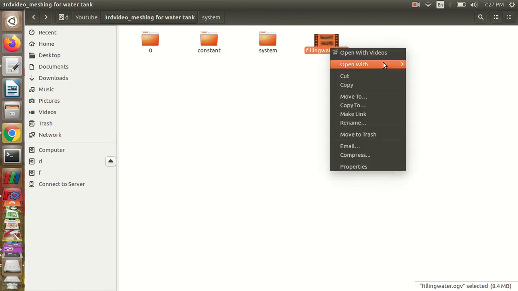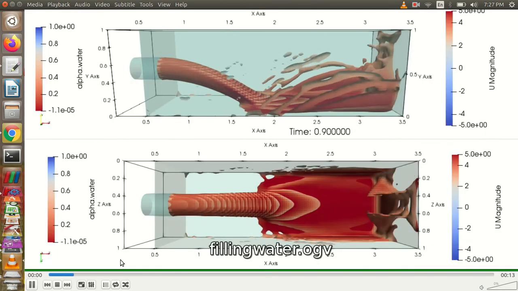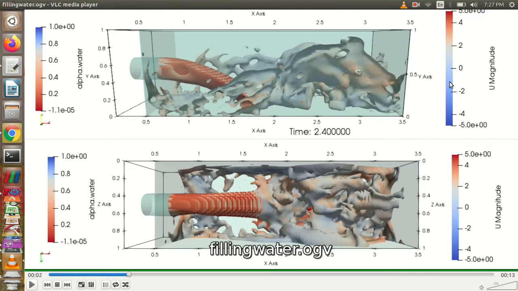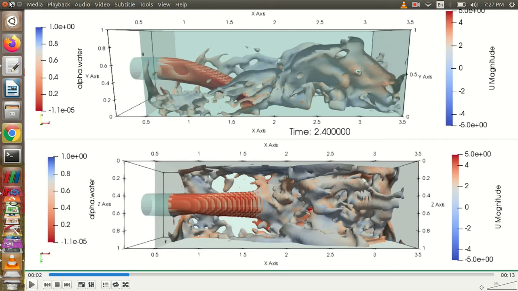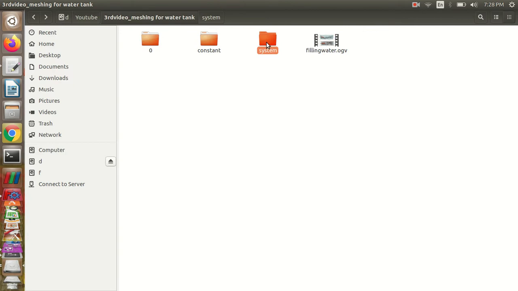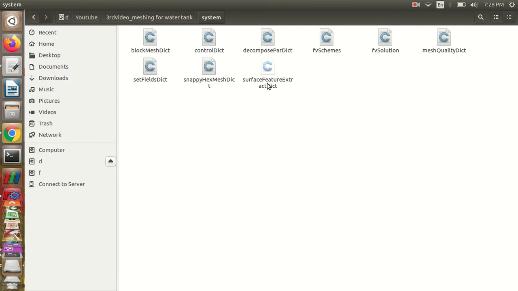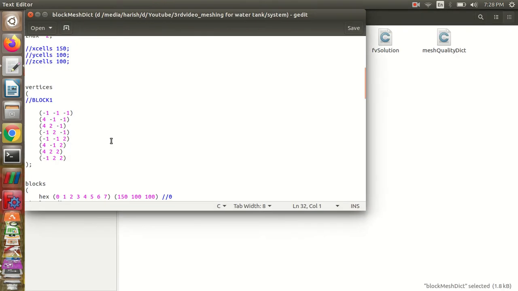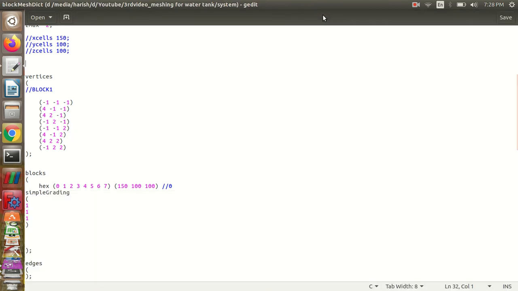The video will show you the dimensions, correct? I'll pause here. The entire domain is of size from 0 to 3.5 in the x-axis, 0 to 1 along the y-axis, and 0 to 1 along the z-axis. But we need to create a bigger domain, which is done here in the block mesh.